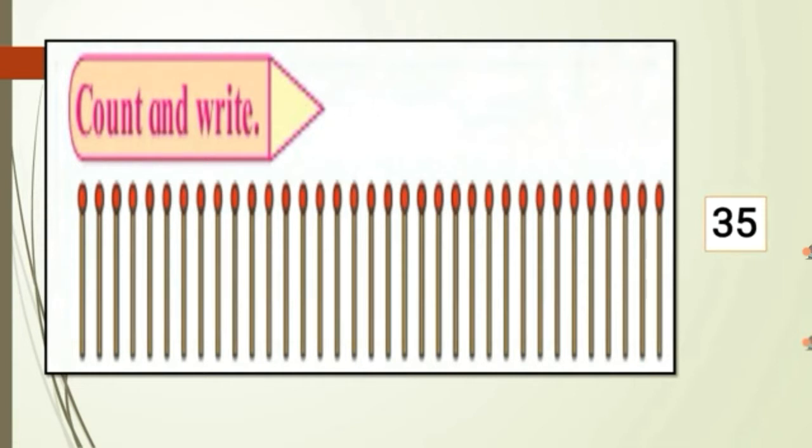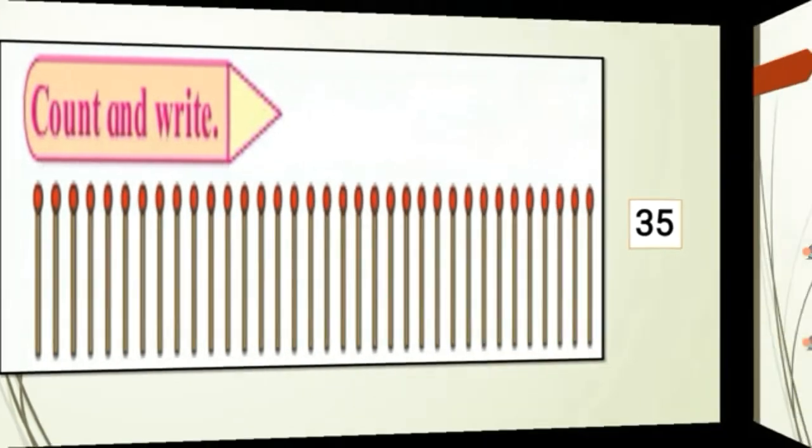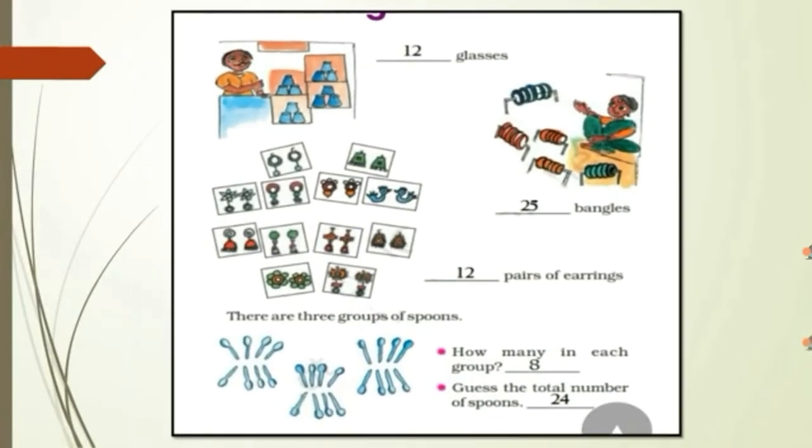Okay. There are two methods of counting. First method, you can count this way: 1, 2, 3, 4, 5. Now we're going to see the second method. Okay, what is the second method? You can make a group. Okay, last year I taught you the tables 2 to 10. You can take the help of these tables.